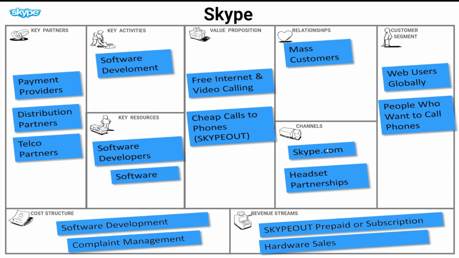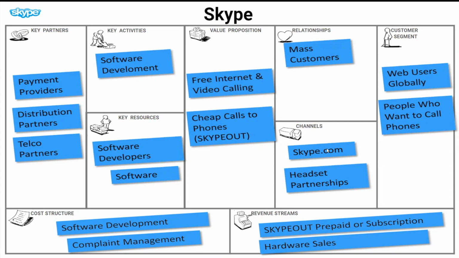Okay, what is the value proposition I'm bringing into the market? The value proposition is I'm offering people free internet calls, voice calls and video calls. I'm actually offering people the ability to call their families outside Bahrain through video. That's a value proposition. They were the first to come up with such a technology. What else? They offer cheap calls to phones. They had something called Skype Out that partially uses the credit that you have within your telecom subscription.